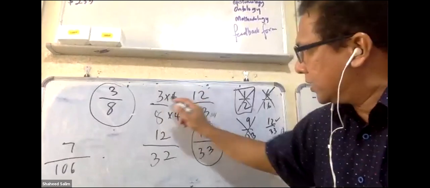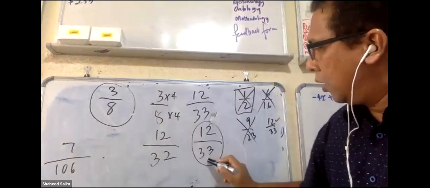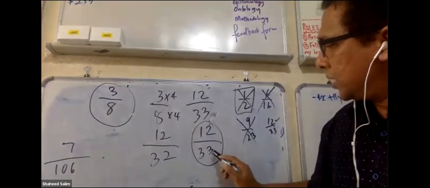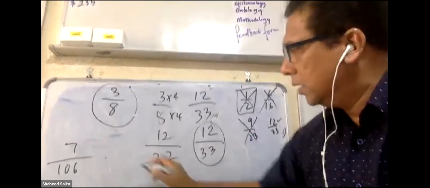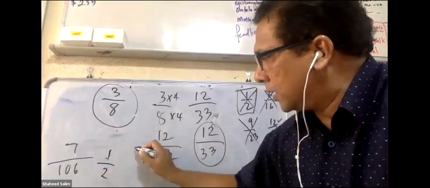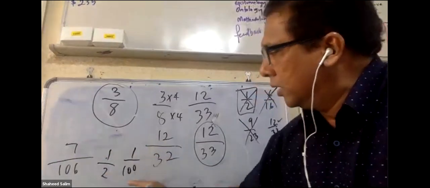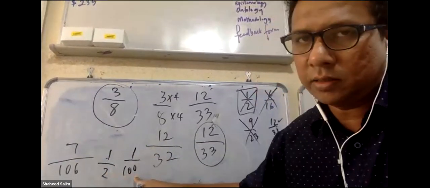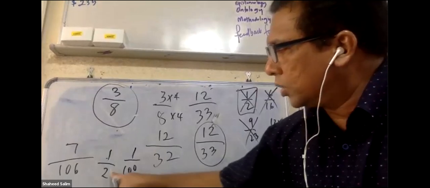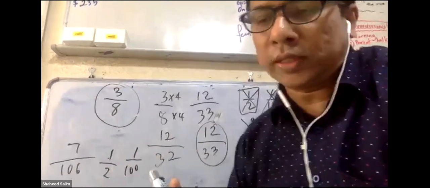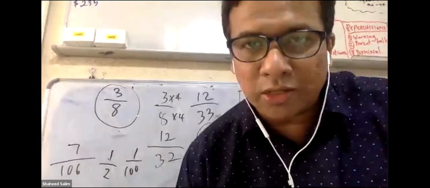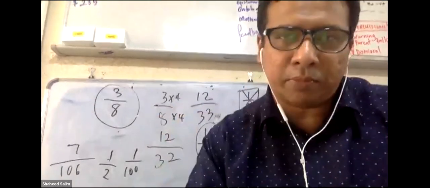Once you get the numerator the same, 12 over 32, now look at the denominator. Whichever has a bigger denominator is a smaller number. How do we know this? Take the same numerator over, let's say, 100. This is much bigger than this. How do you know? Because this is a smaller number, and this is a bigger number. So use that rule. That's how some of the students do it without making the denominator the same.